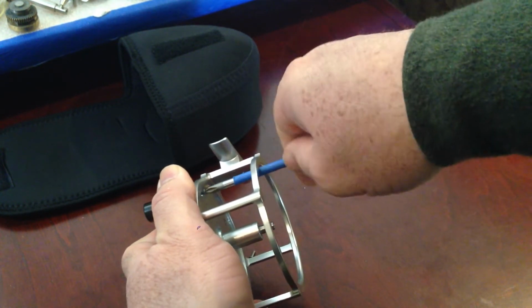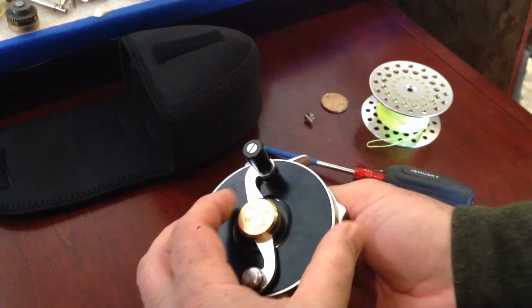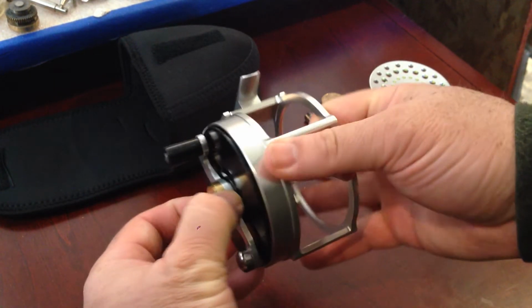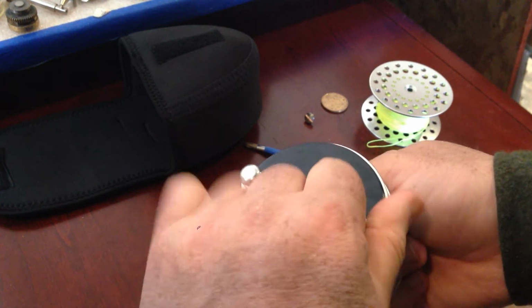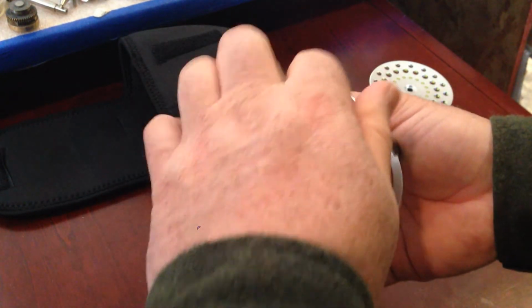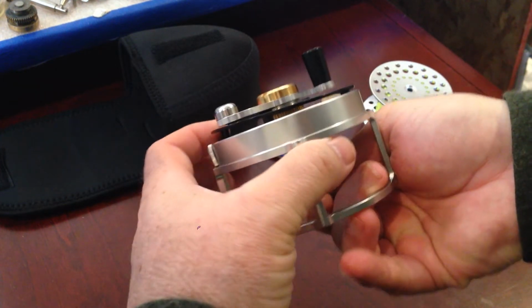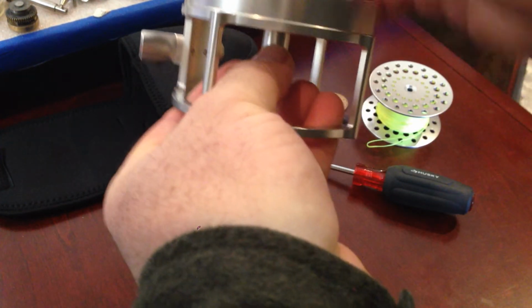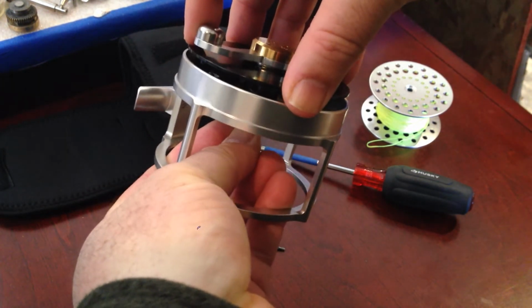Okay, now this last screw off, and you simply take it, roll it over. You can push on the arbor in the back here and get it to lift out, and it'll start to come apart. And you can need a little coaxing. Sometimes there's a washer in there that likes to hang up on the arbor. A little trick to it is you drop it down and work it back and forth,